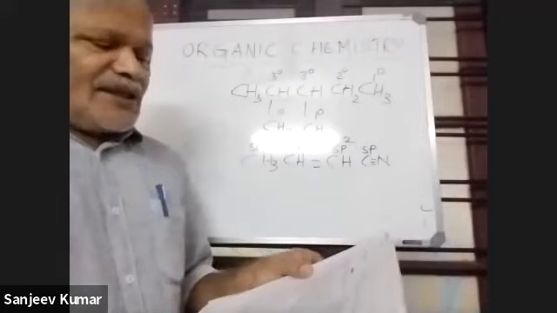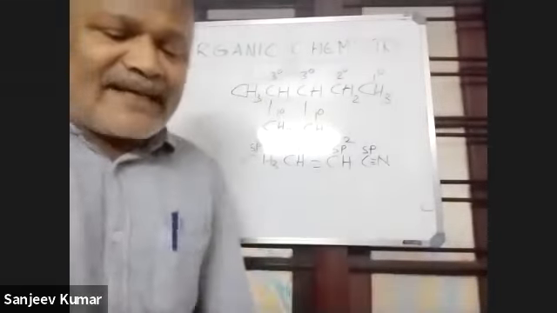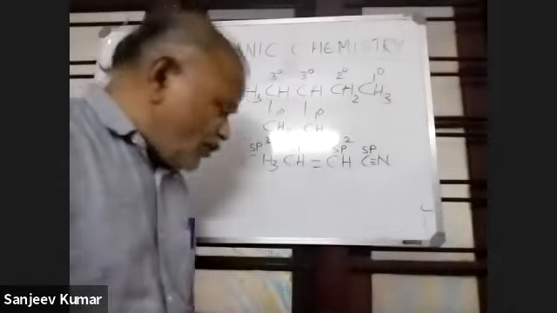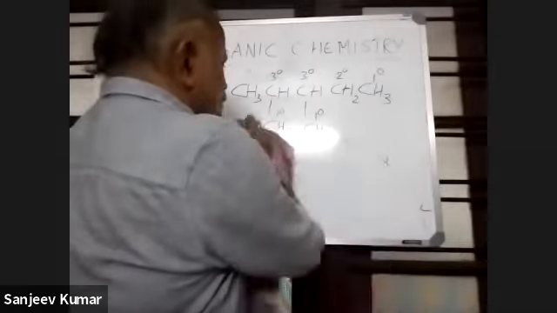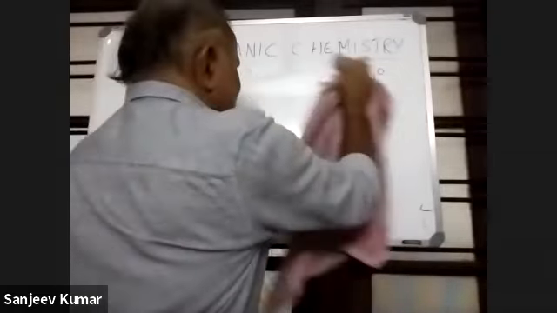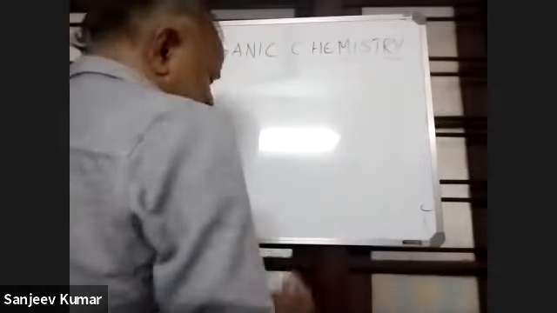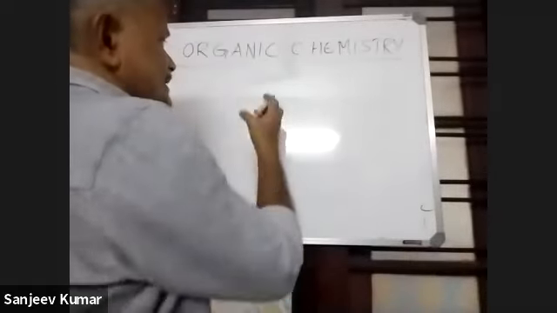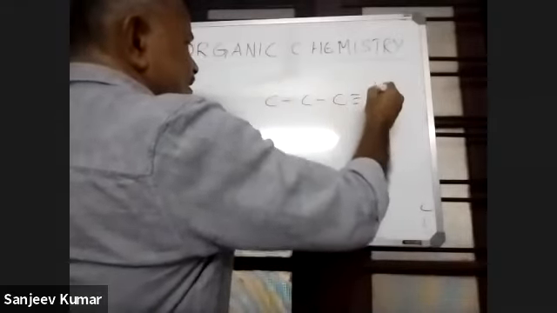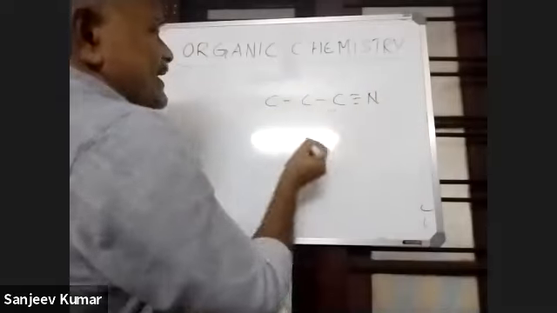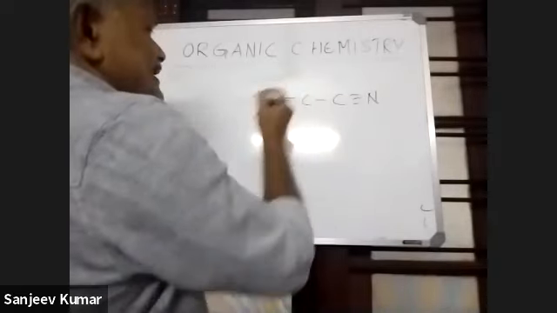Third question is the total number of sigma bonds and pi bonds in prop-2-nitrile. Prop-2-nitrile means nitriles are cyanides, and prop means there are 3 carbon atoms. This is the first carbon atom, this is the second carbon atom, and there is a double bond